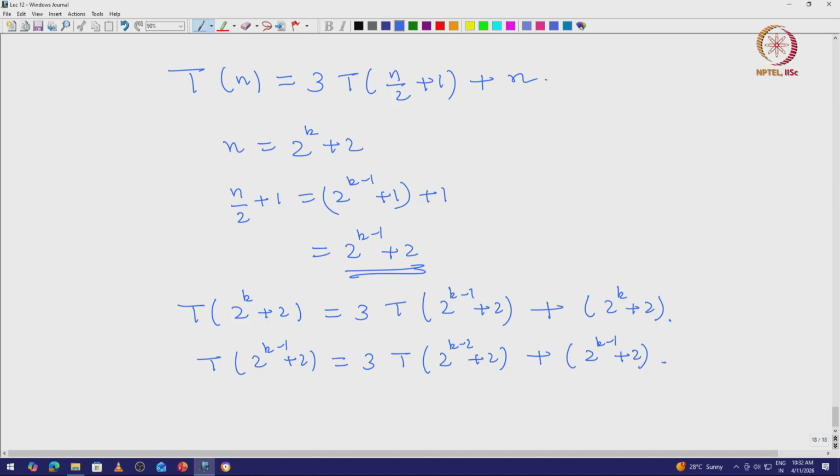So, now you can plug in this value here, right, you can plug in this value there. So, when you do that, you get the following: